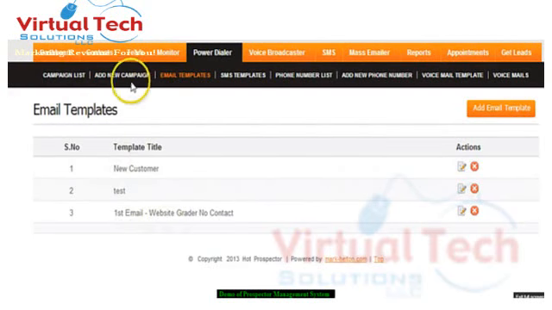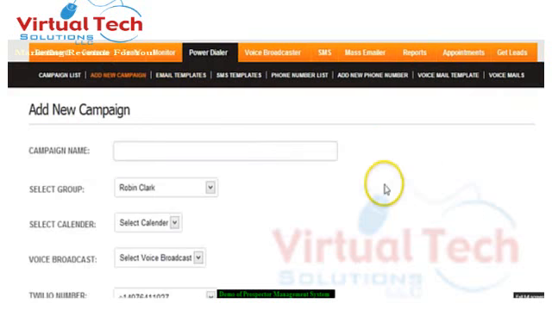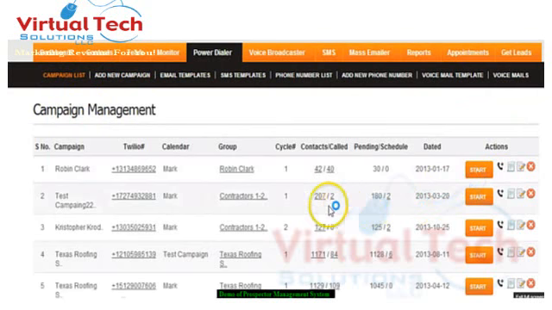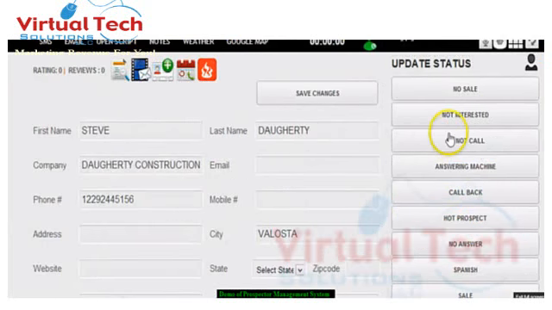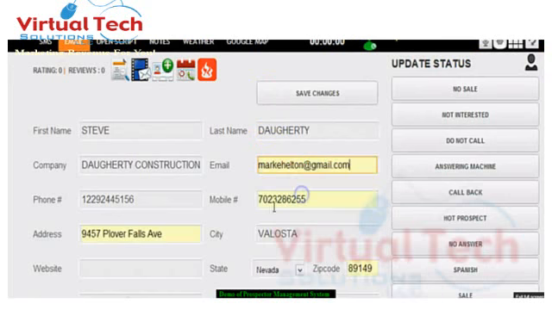The next thing you're going to want to do after you create a campaign is go in here and create any email templates that you might want to use inside your campaigns. Now these email templates, like SMS and email and also the voicemail templates, can all be used in any campaign. Now the way that those are actually used is, when you go back here to a campaign and click Start, you'll notice, for example, if you want to send an email, you have to actually have the email in there,